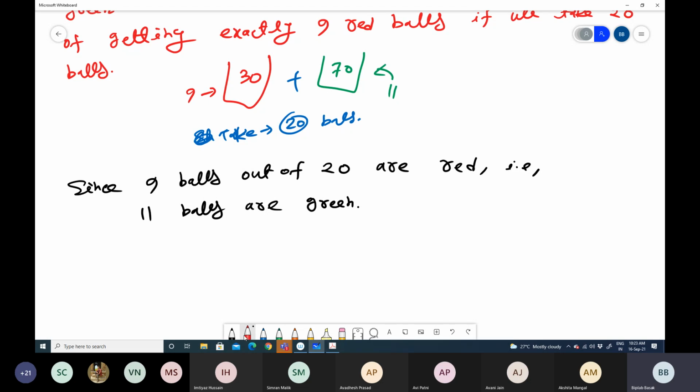Now, how many ways can we choose 9 balls from 30 balls? That is 30 choose 9, right? And how many ways can we choose the 11 green balls from the 70 balls, since they are different balls? It is 70 choose 11, and this is the product. So this is the number